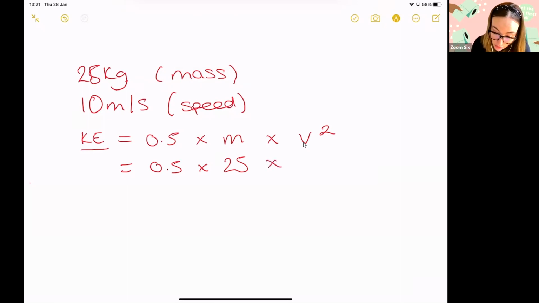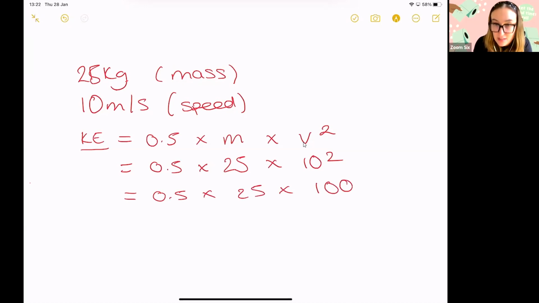I'm then going to multiply that by my speed squared. Now, if you put that in the calculator as it is, you're going to get the correct answer as long as you do it properly with the squared sign. But if you were on your phone, what you might have wanted to do is to quickly do this. Now that 100 is just 10 squared, okay? It's just a little bit easier. So now if I do 0.5 times 25 times 100, I'm going to get an answer of